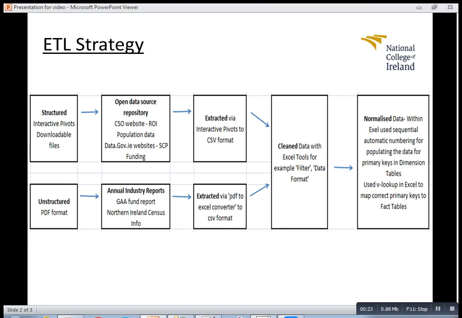structured and unstructured. The structured data came from specific websites such as the CSO website and the Open Data Source Repository data.gov.ie. The unstructured data was in PDF format from annual industry reports. Both were extracted into CSV format, one using interactive pivots via the website and 2 using a free online PDF to Excel converter. This could also be done via OR, however, just due to time constraints, this was not the